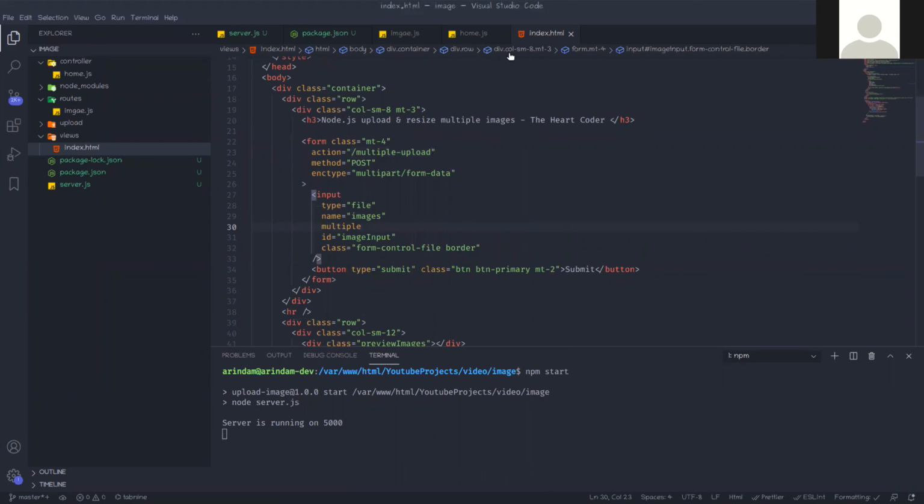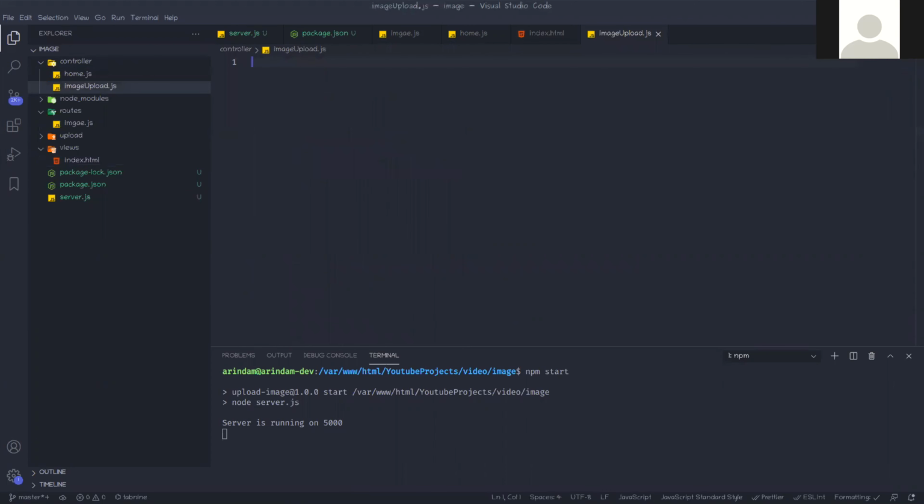First we will create the controller, and that controller name should be imageUpload.js. In this controller, first we need to bring those two packages. First one is Multer, second one is Sharp. So const sharp equal to require sharp.